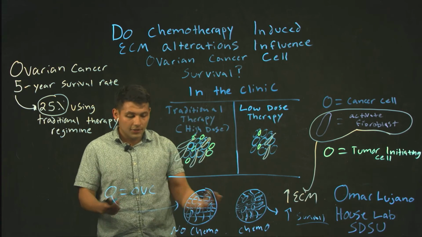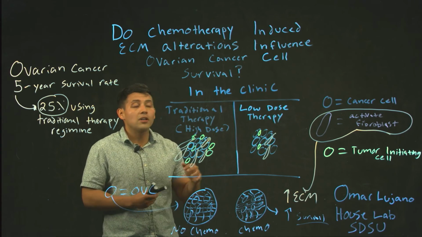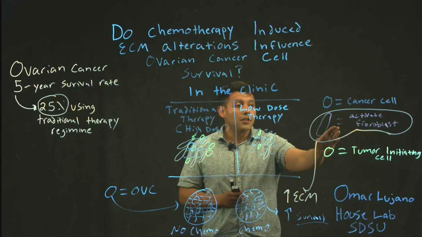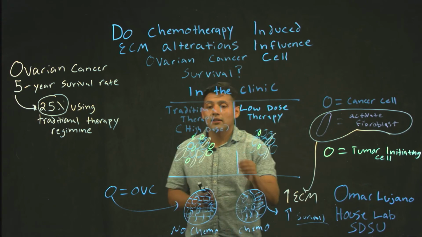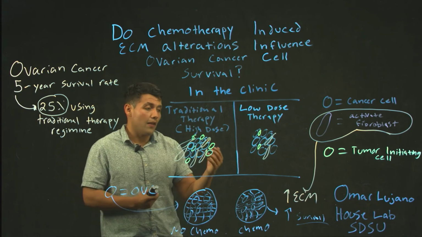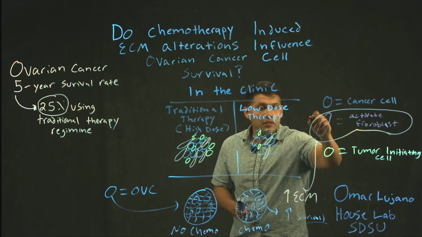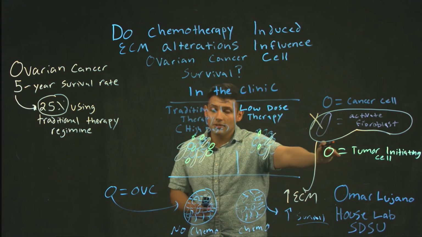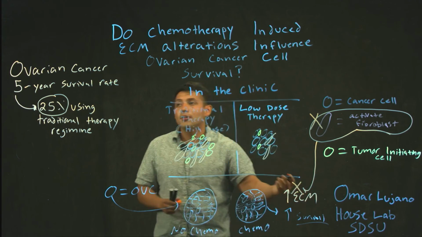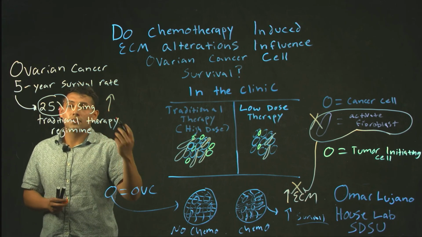So what this suggests is that there is a need to also target the stroma, or these activated fibroblasts, because they are also dictating the fate of the tumors left behind. Therefore, it is important for us to find ways to either stop the activation of these fibroblasts or decrease the amount of this ECM. And all this together, clinically speaking, we hope will give a higher survival rate for these women.